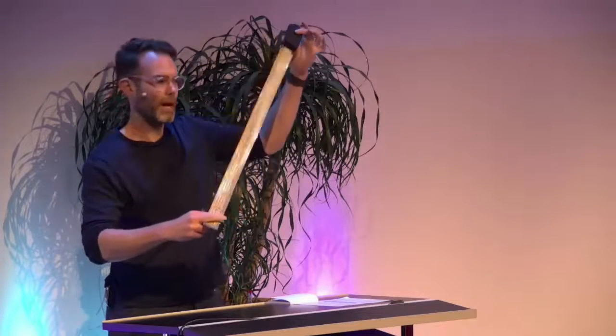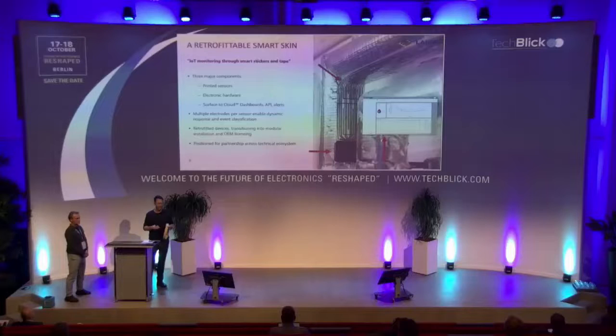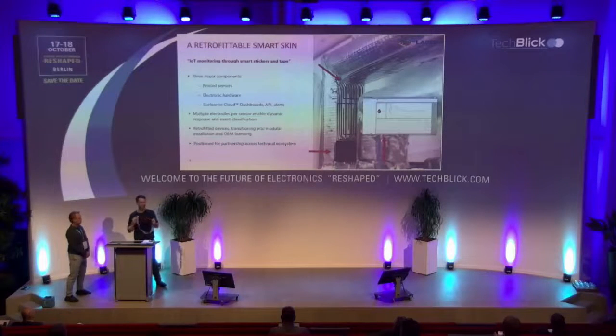So there's three main components to the product. The first component is the printed sensor. So up here, I have a printed resistive sensor, as I'll talk about in a second. We're really focused on leak sensing with this. And that printed resistive sensor has a number of advantages, which I'll talk about. But really, for customers that we interact with, this looks like magic. So they are totally shocked that this is an electronic device. It's not shocking for any of us. But they really say, it's a smart tape. And they love the fact that they can apply it to so many different surfaces. And what I explain to them is that in this